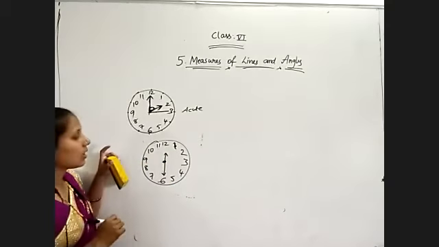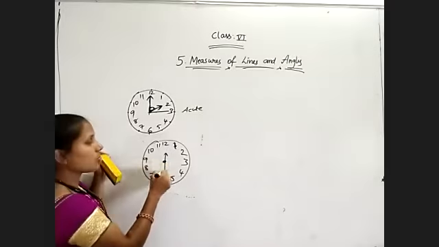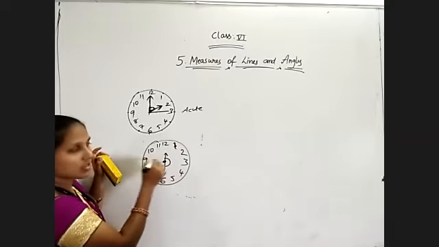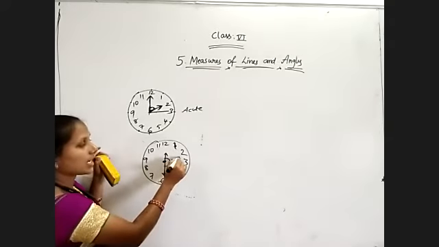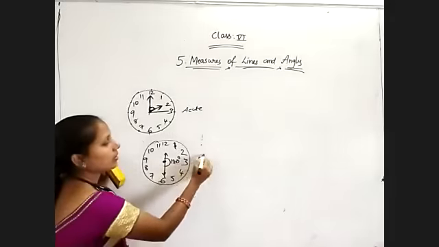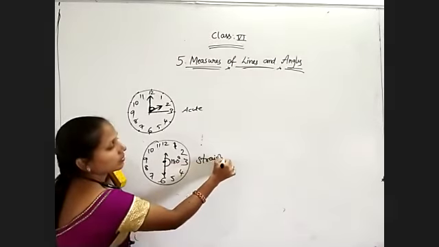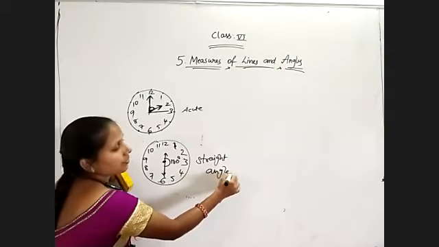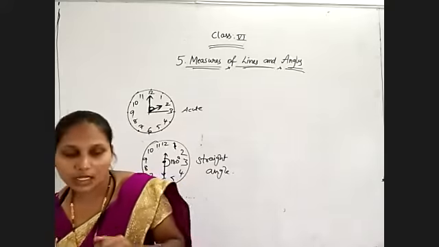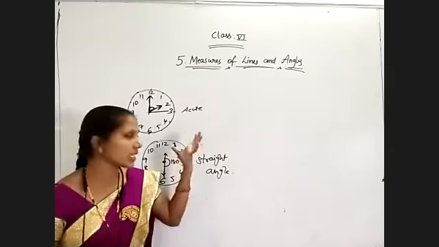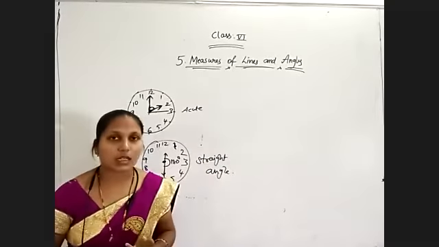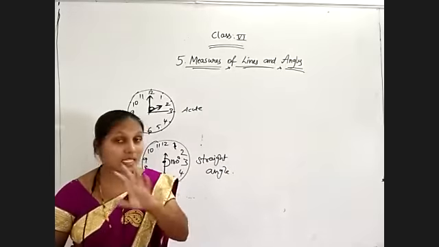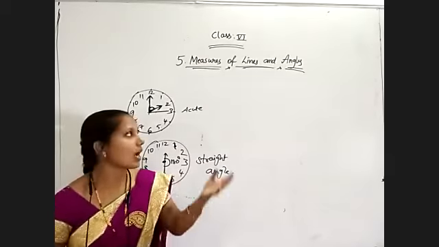12:30. Now which angle is forming between these two hands? Just observe. Straight line, no, this one. So how much angle is forming? Straight angle. So like these, different types of questions we also have between the hands of the clock, which of the angles are forming, and next, when measures are given, how to classify the angles and how to construct.